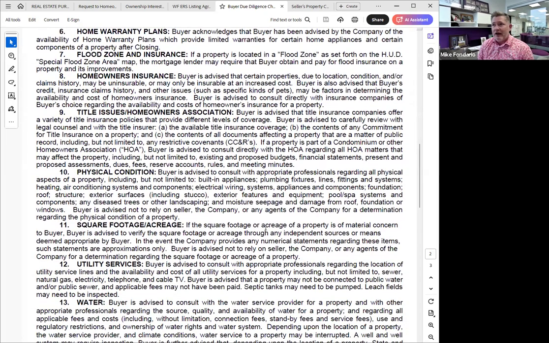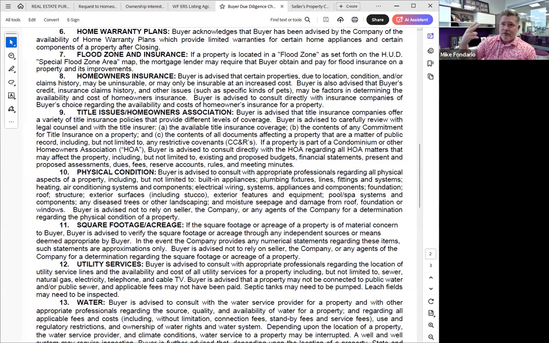Flood zone and insurance. I tell this story all the time. Way back in the day when I was not very smart, I bought a rental property. I won't even say it was in Richfield. I shouldn't have bought it, but it was a special situation and I bought it. It was a disaster. But the bottom line was I went to a closing table and they go, oh, by the way, you're in a flood zone and you're going to owe an additional like $400 a month for insurance. Turns out it wasn't in a flood zone and the city had already prepared a letter explaining, in fact, no, we are not in a flood zone. And it's an error that is trying to be corrected for a while now. So, again, this is insurability. So these are the first things we should do.